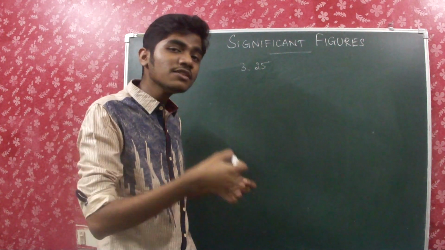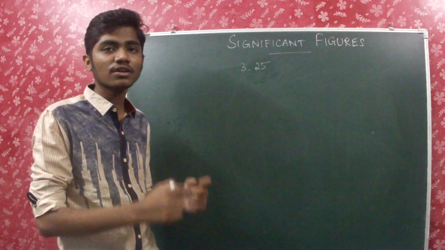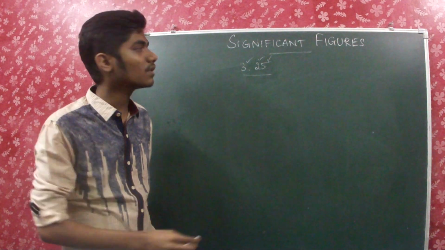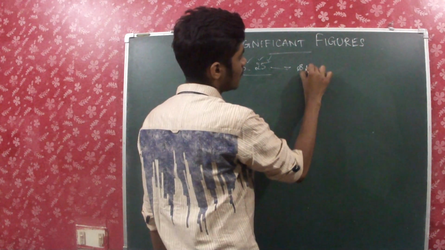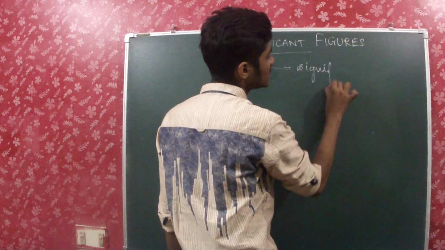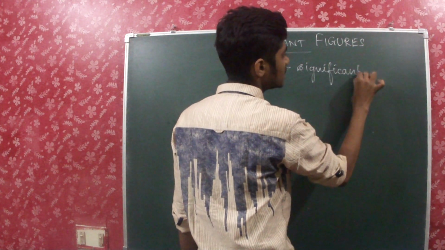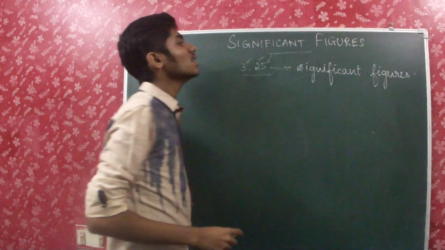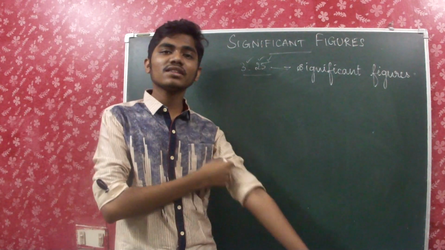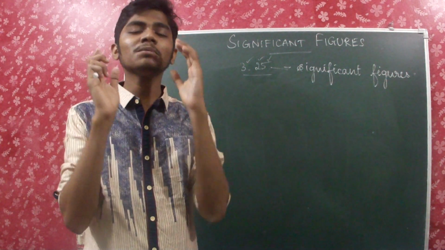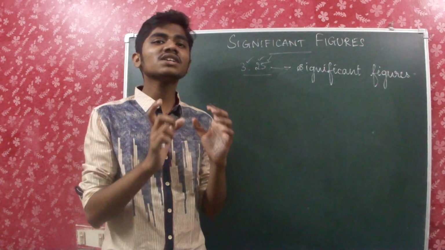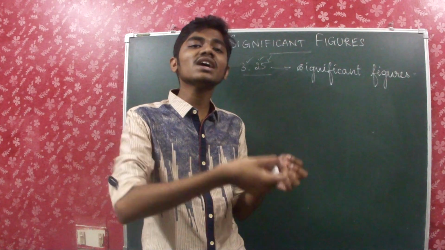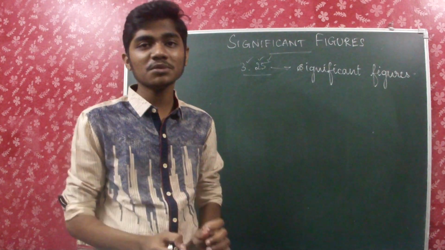Even individual measurements will be written with very strong precision, and the total number of digits which we write is known as significant figures. So the total number of digits in a precise measurement is known as significant figures. Significant figures are nothing but the digits which are written in the most precise measurement. What is the use of significant figures? The main use is that it's used to indicate the precision of a measurement.